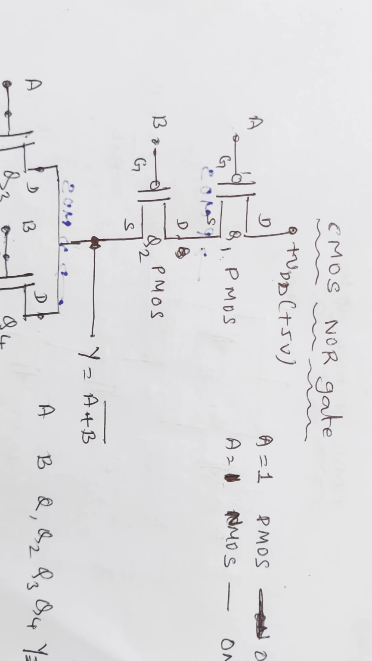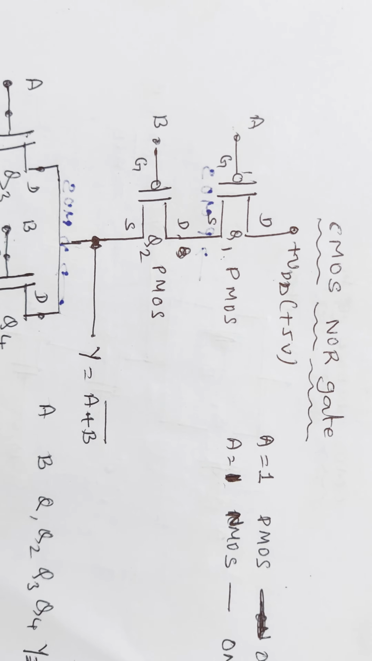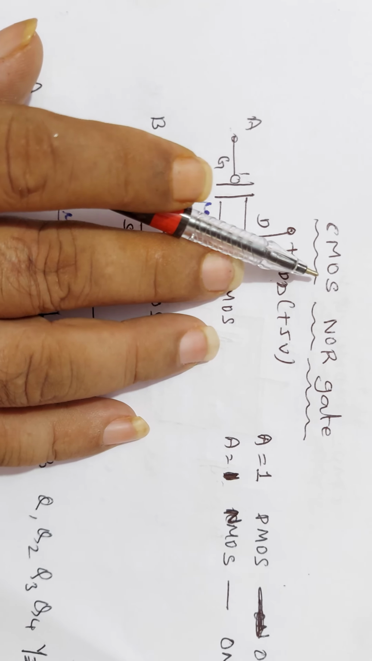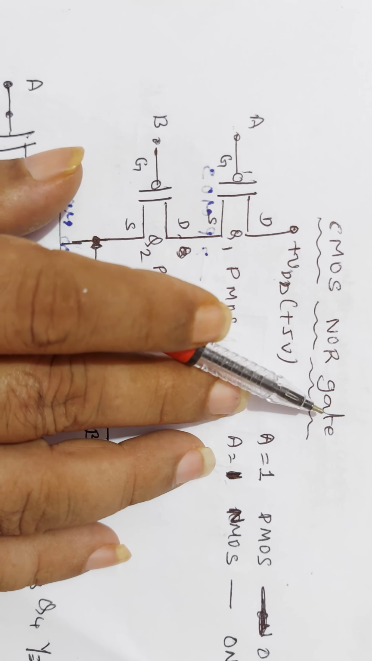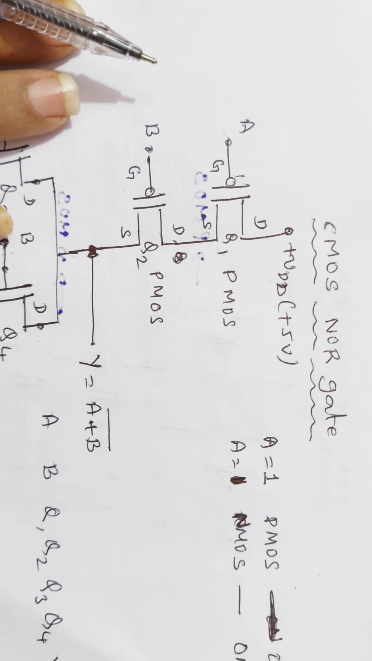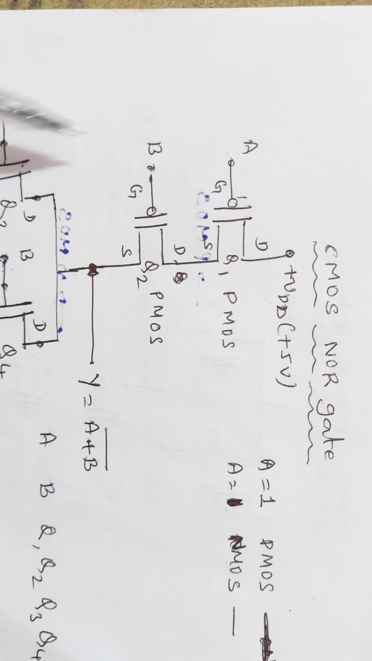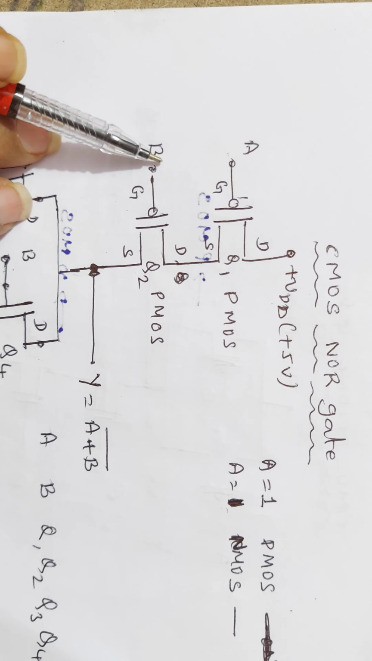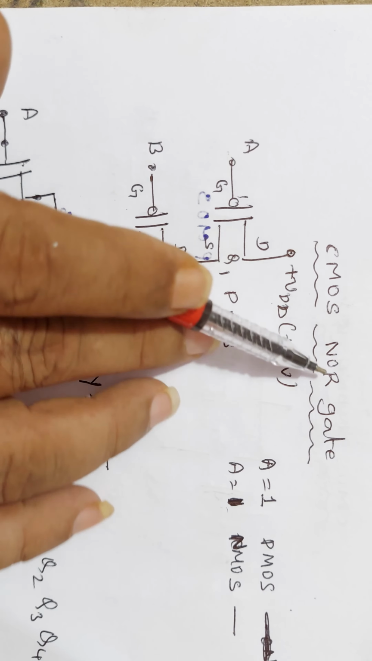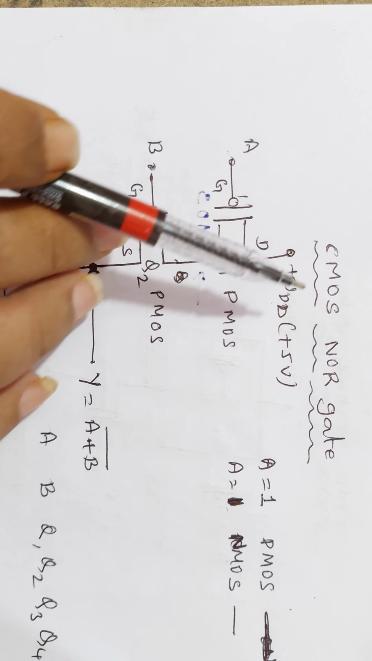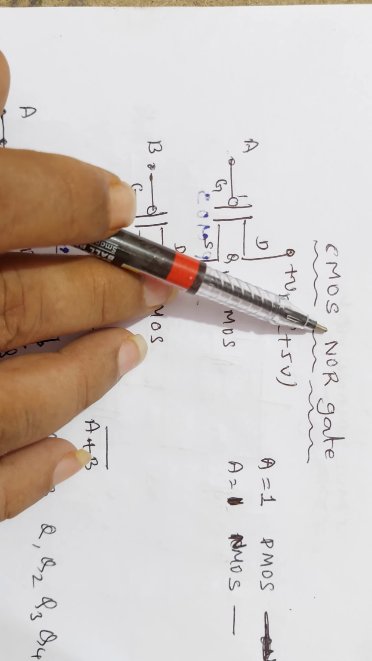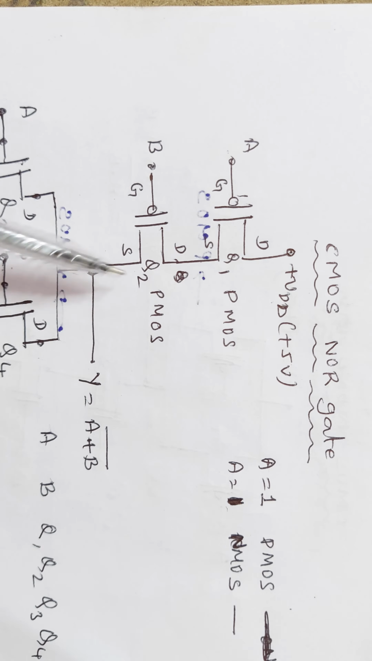Okay, now we will discuss the construction and working of the CMOS (complementary metal oxide semiconductor) NOR gate circuit. This is a simple circuit of a two-input, A and B, CMOS NOR gate. Since it is a complementary metal oxide semiconductor, it should have a combination of both P MOSFET